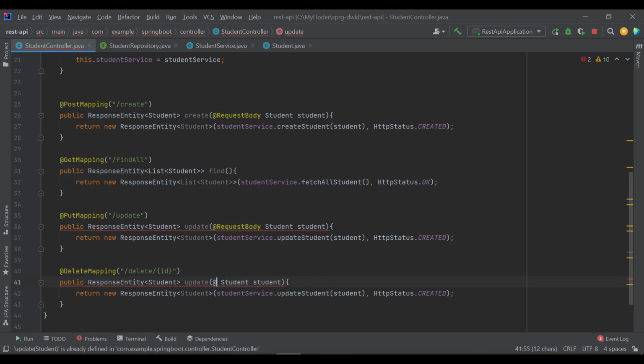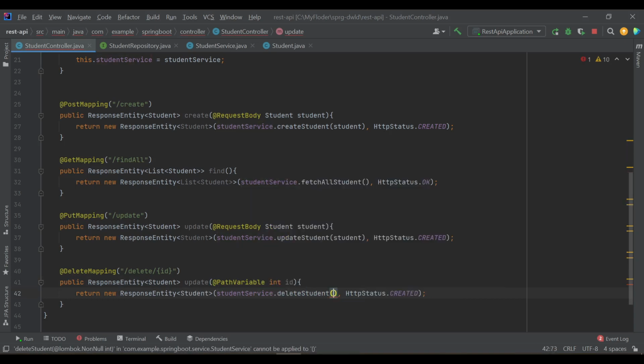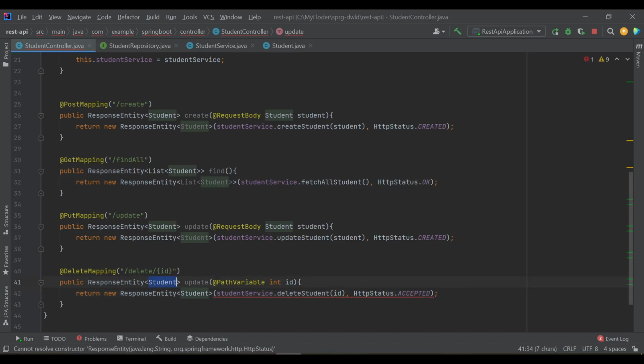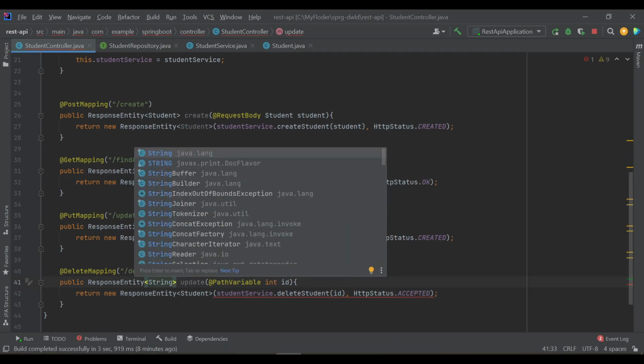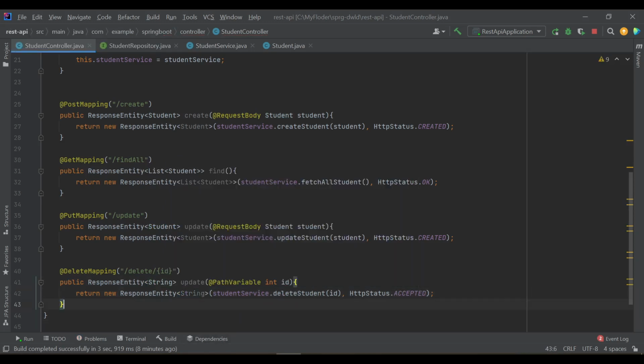For that we will use a path variable and it should match with this ID. Delete student needs an ID and the status code will be accepted. And it will be string type. Keep it string type and you are good.